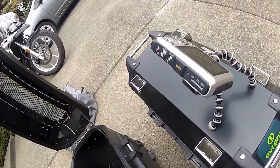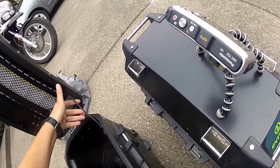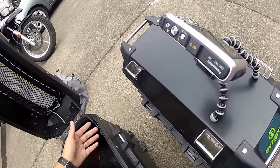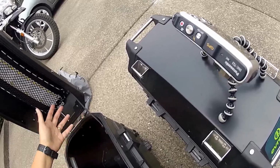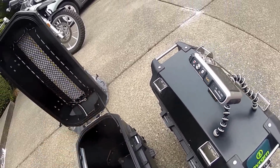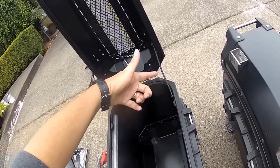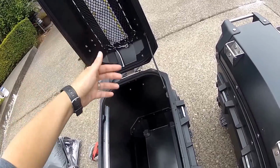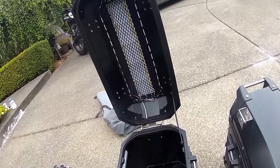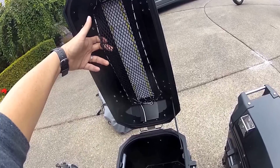even though the lid comes off, it's still attached to this leash and this tether. If they made the tether where it snaps off or unhooks, it'd be great. But it doesn't. The tether is screwed into both sides. It came with 2 tethers, but I took one out in case I wanted to take the lid off. I didn't have to fiddle with both tethers. I had to unscrew one. But still, for the design of it, they should have made it just not screwed in, but another way of